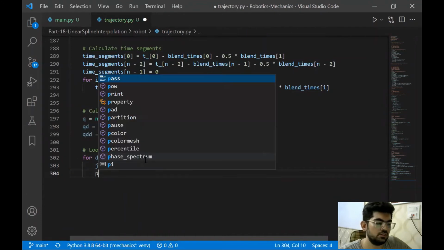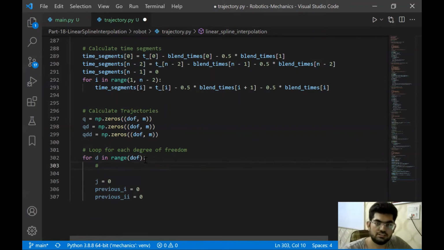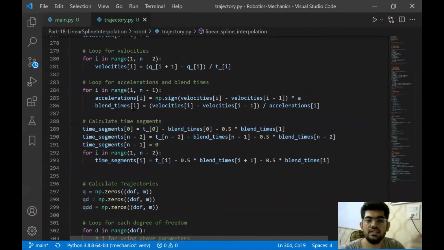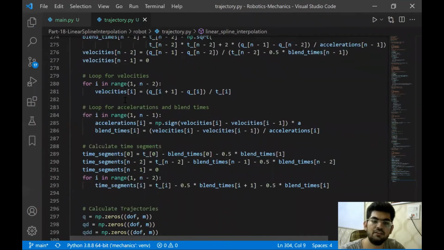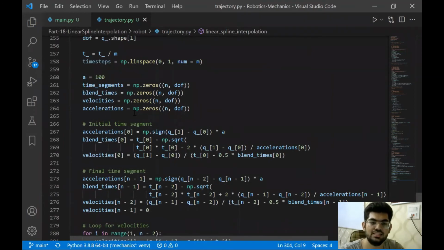Okay, so in this loop, we are going to introduce 3 new parameters as well. Now, the use of them will be really pretty much clear after we have used them in the loops. But we are going to add some comments that explain their readability. Okay, now the first one is J. The J value is going to be used to read the values in these that we have calculated, like these time segments, blend times, velocities, and accelerations.